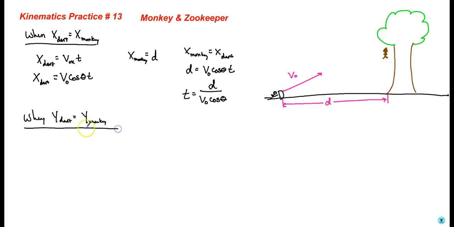Okay, and we're going to look at a few different things. So let's start with the monkey. All right, so the Y of the monkey. And we know that it's got this height here. It's going to start at the top of the tree, and when it lets go, it's going to fall. Right? So if we look at what we start with, we'll call it,